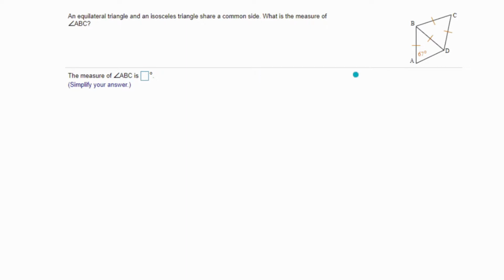So this is the equilateral triangle because these three sides are all the same, and they're shared by a common side. All of these side lengths are the same, whatever it is, and all of these angles are 60 degrees because the total of the angles of a triangle is 180 degrees. And if they're all the same,